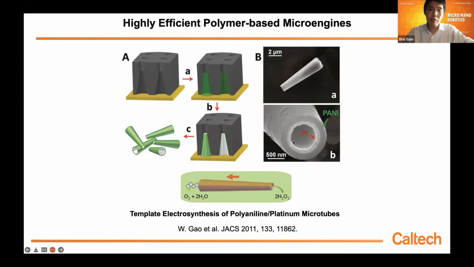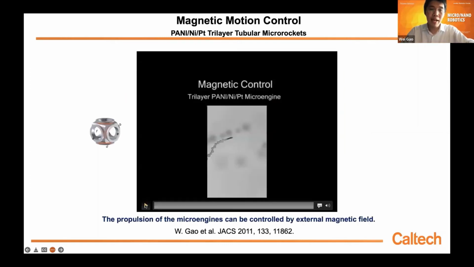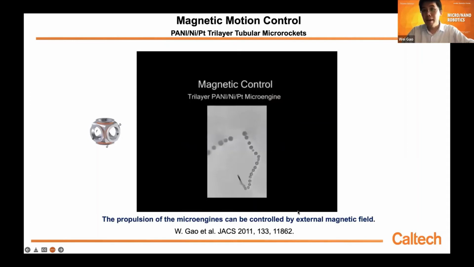In this case, if we have a tubular structure, one side is bigger, one side is small, in case of opening, the bubbles can be ejected from the bigger opening and propel the micro robot to go in the other direction. So in this case, we can design this microbubble powered micro engine. We can also control the moving direction using an external magnetic field. They can move very well in different types of biological media.